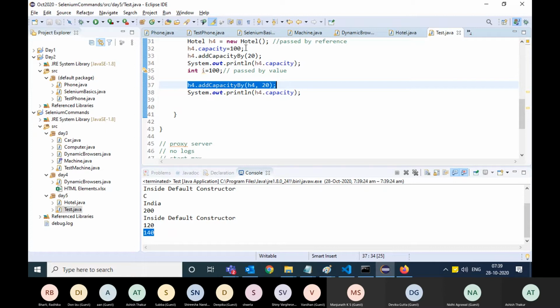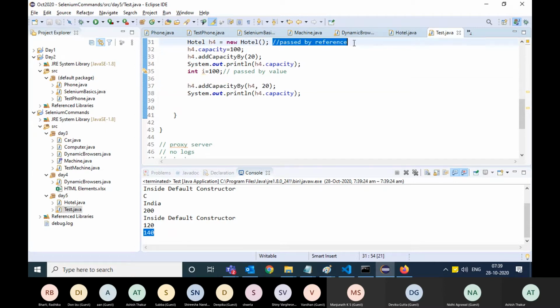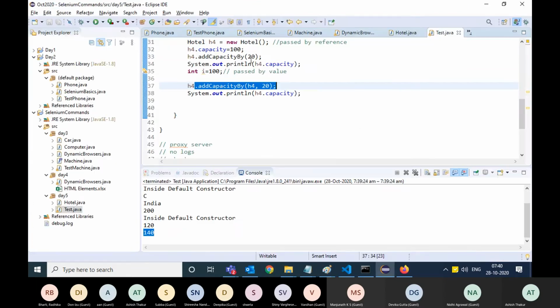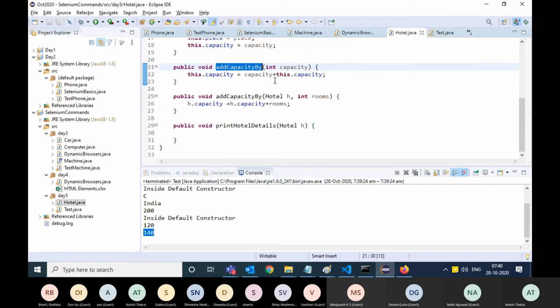But understand one thing: objects are passed by reference. This means that when you send h4 in this function, in the memory, h4 and h point towards the same object. When I write addCapacity 20 and send the capacity variable over here,